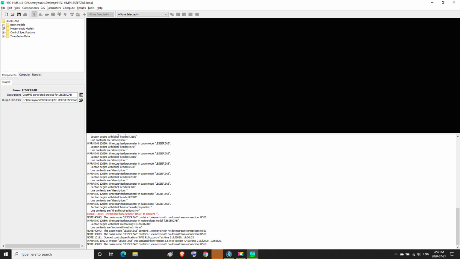Then we go to the Basin Models and we press on the project file titled laserzap.